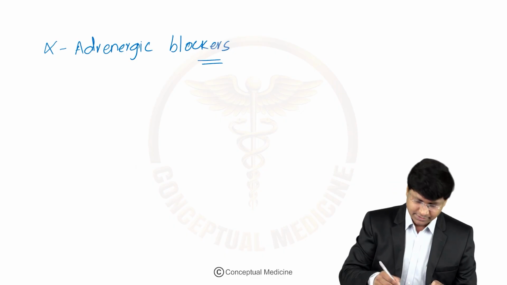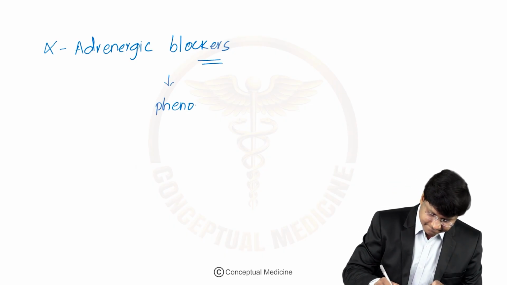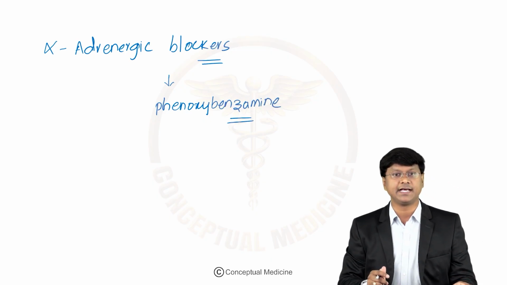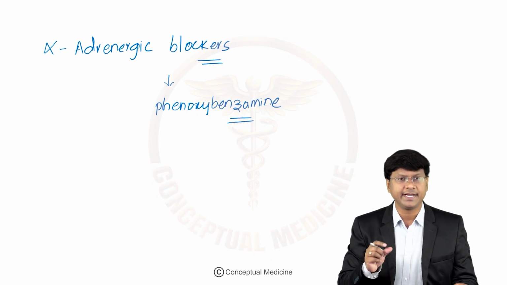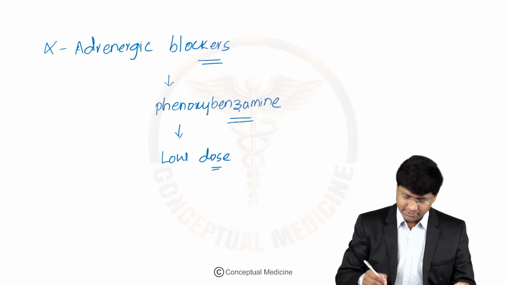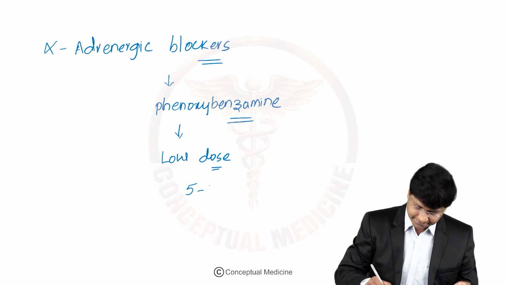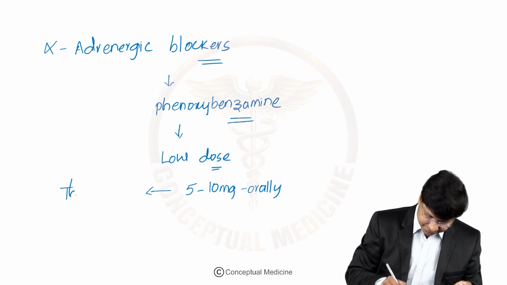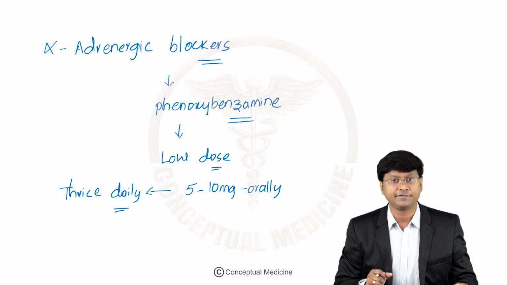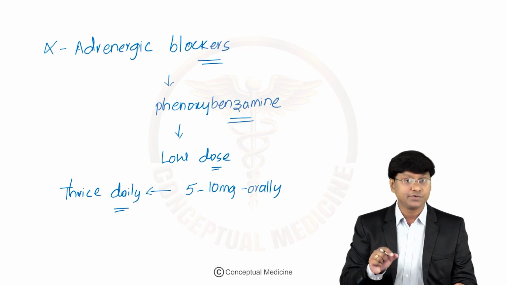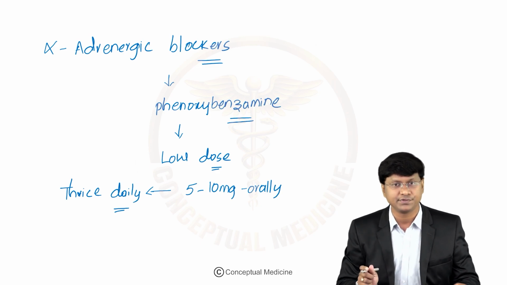And among these alpha-adrenergic blockers, an example is phenoxybenzamine. Right, phenoxybenzamine, which is an alpha blocker. And this phenoxybenzamine should be initiated at relatively low doses. And what is that particular low dose of phenoxybenzamine? That will be around 5 to 10 milligrams orally, thrice daily. So that will be the dosage of your phenoxybenzamine, and the dose should be increased as tolerated every few days. Okay, right. So phenoxybenzamine is the drug of choice for control of hypertension in